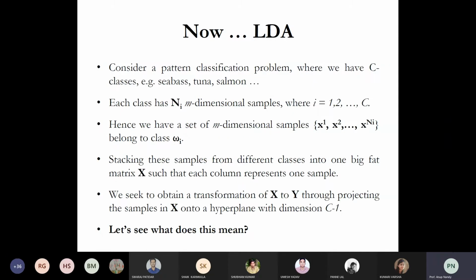Now, how can LDA be defined? Our basic distinction, which you already understood, is that it will not only reduce the dimensions, but also have class discriminatory ability. I mean it can separate the classes the most. Consider a pattern classification problem where you have C classes, like sea bass, tuna, salmon, and each class